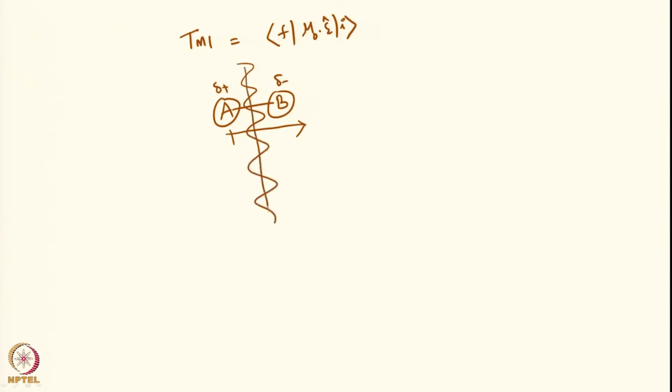So the propagation should be in this direction and your E should be along the dipole moment, that is a selection rule. So this says that the electric field should oscillate along the dipole moment, because you are taking a dot product. Of course, you can come at an angle